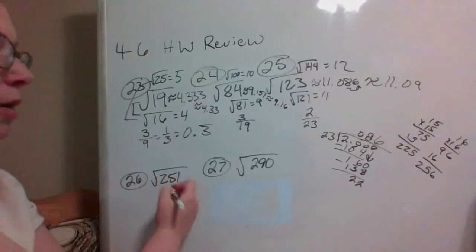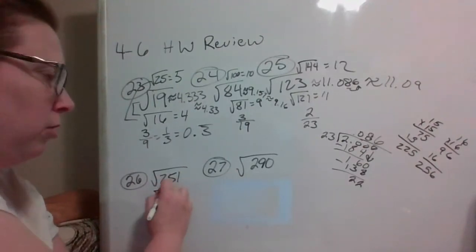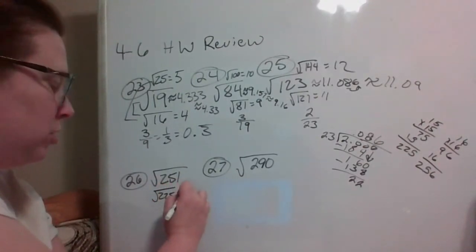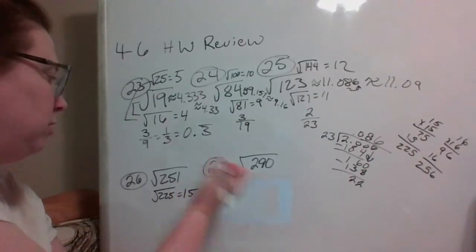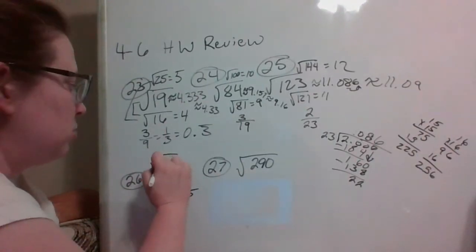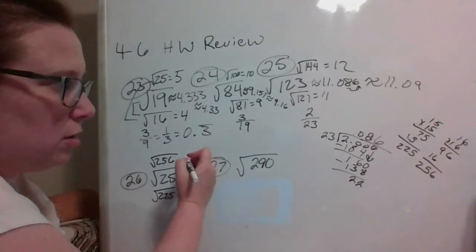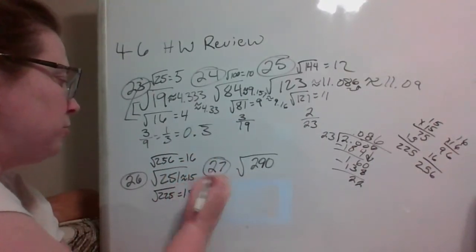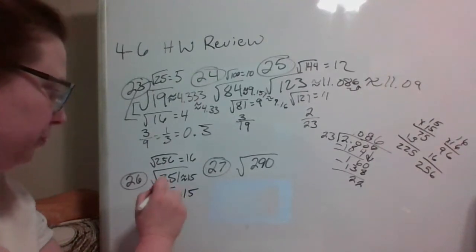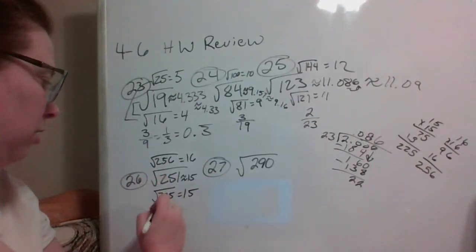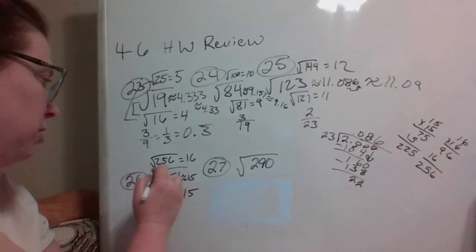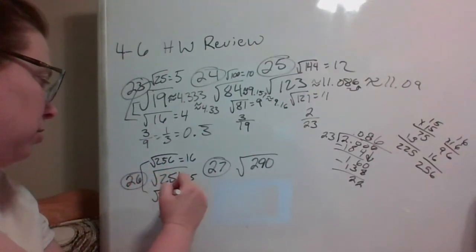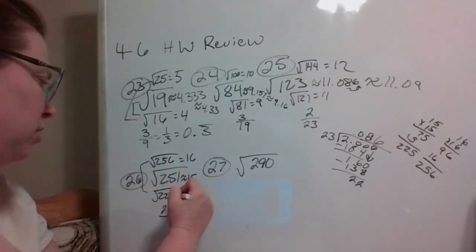And there we go. So we have below, we have 225, which is 15, and the square root of 256 is 16. So we know we're going to be somewhere between 15 and 16. These are 26 apart, and these would be